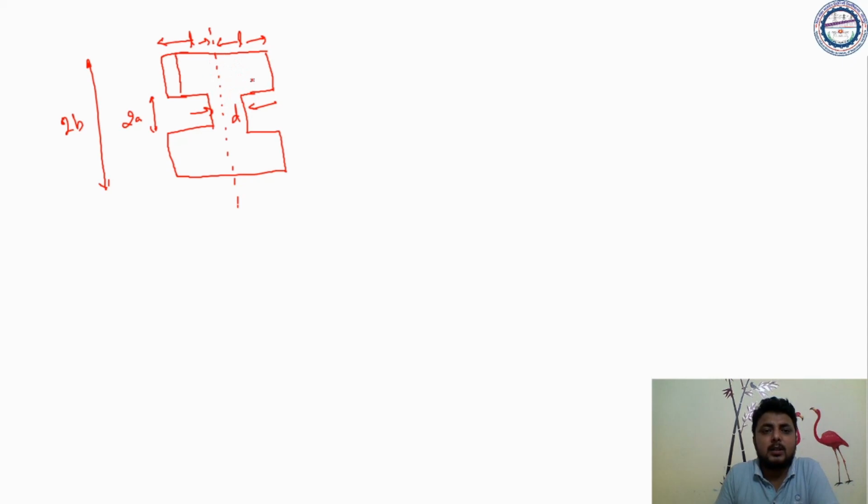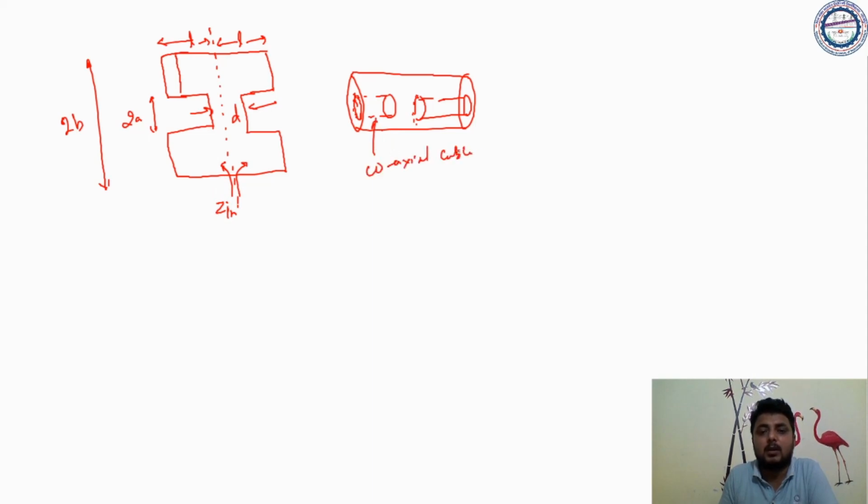So this coaxial cavity is nothing but a coaxial line which is connected with two capacitors. I have taken the coaxial line here, and one more coaxial line which is connected together with the capacitor. So there will be an input impedance present here, and on this side also there will be an input impedance. This is an example. This is nothing but a coaxial cable or transmission line, and this is the cross section of the coaxial cavity.